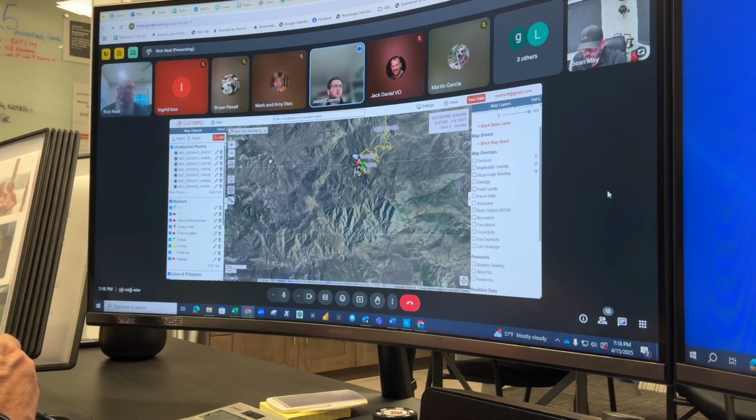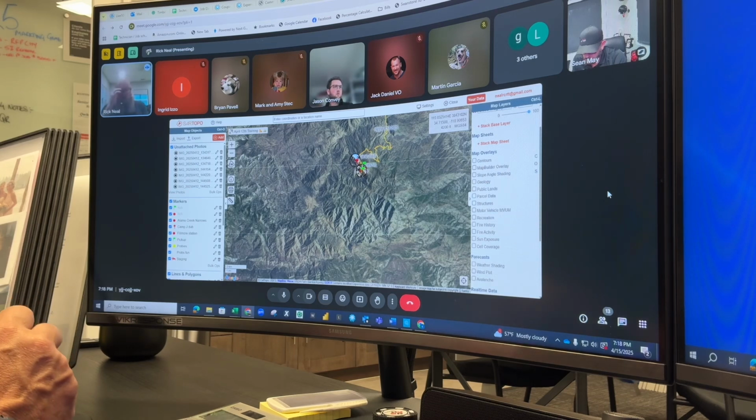Could we talk through more pulling a heading with this device? With SARTOPO or with your compass? With SARTOPO. That one I'm not as good with, but let's figure it out. I think it's the add button, right? Sorry, what was the question? Getting a heading, or pulling a heading with the app instead of a compass. Oh, good question. I think it's add,